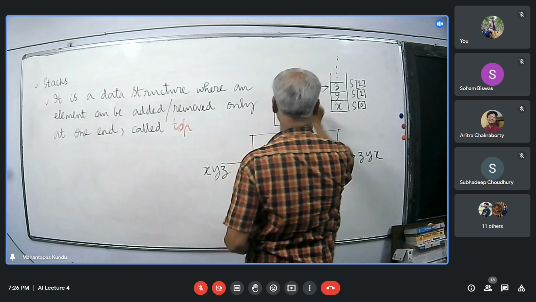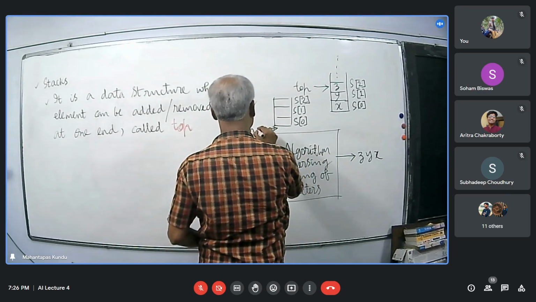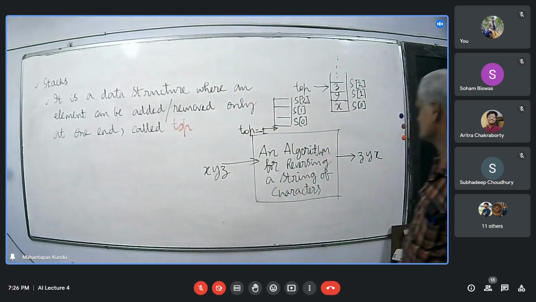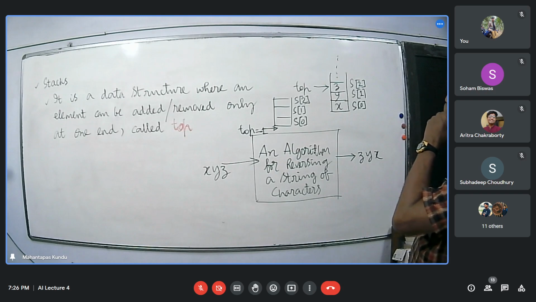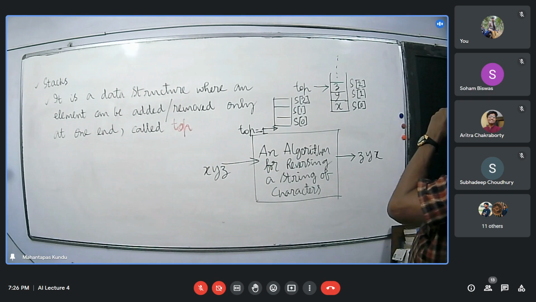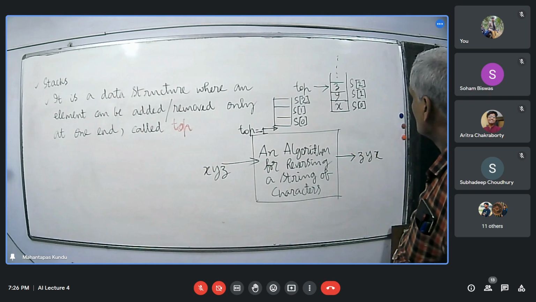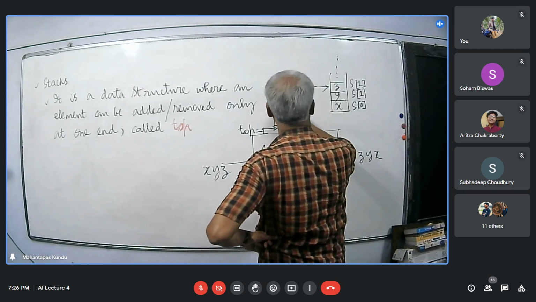And where was top? Top was here. That is, top is equal to -1. Right? So we will first enter X here, then Y here, then Z here.